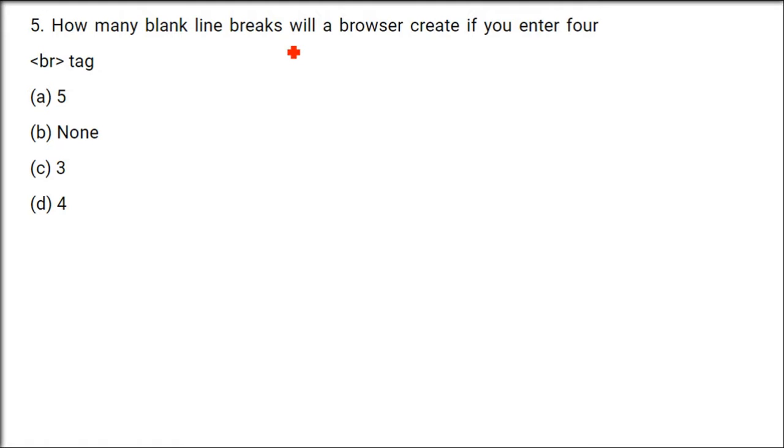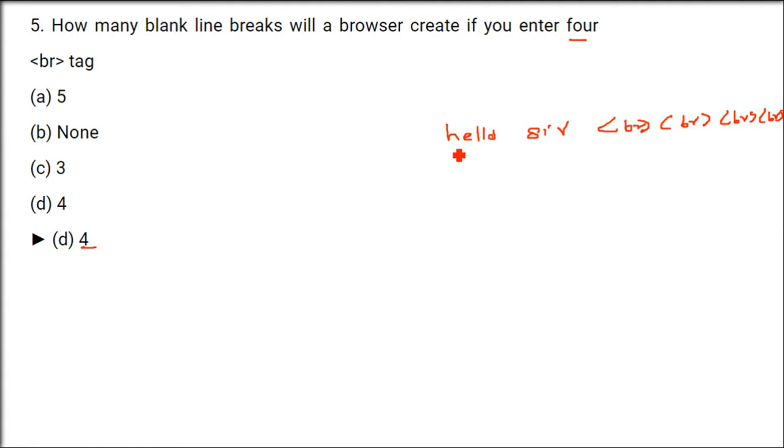How many blank line breaks will a browser create if you enter 4? So if you have 4, it will have 4 lines inserted. So the answer is 4. For example, if you write hello, hello sir, and then you write how are you, in between you have this BR. BR has no ending tag, okay?